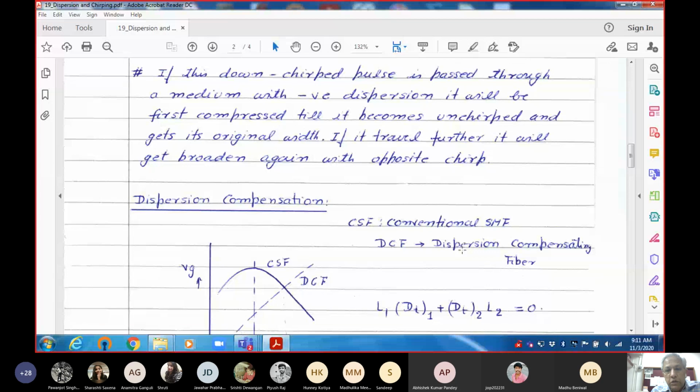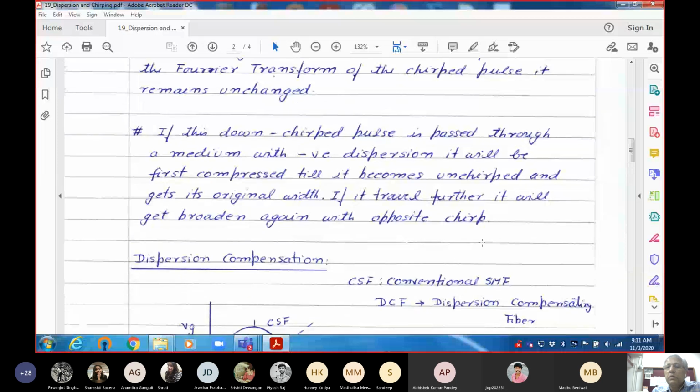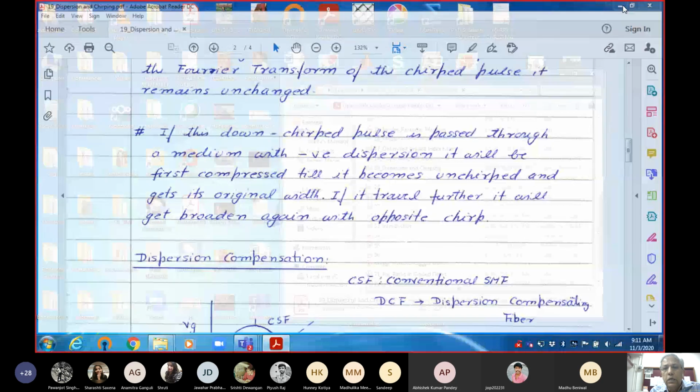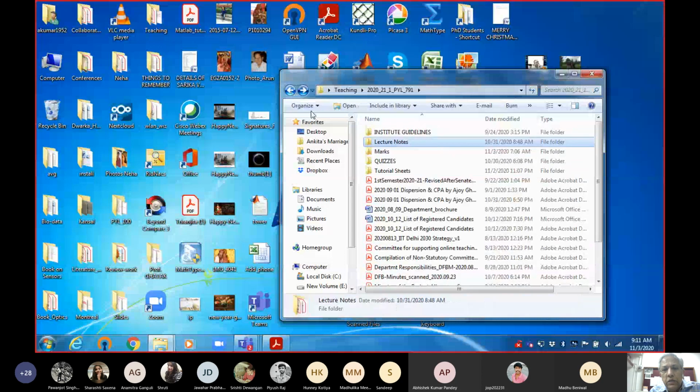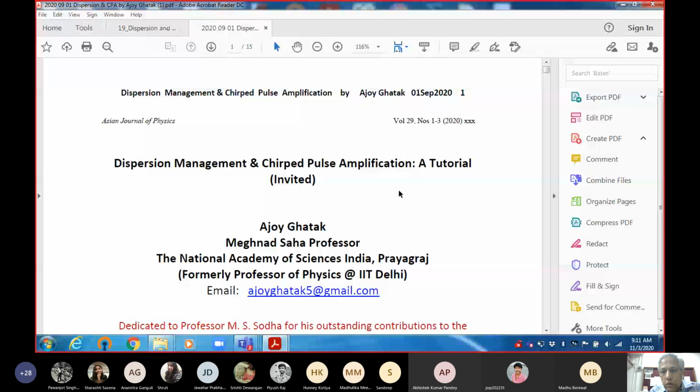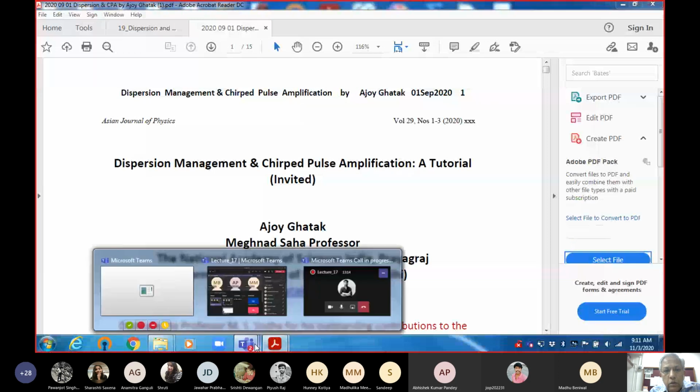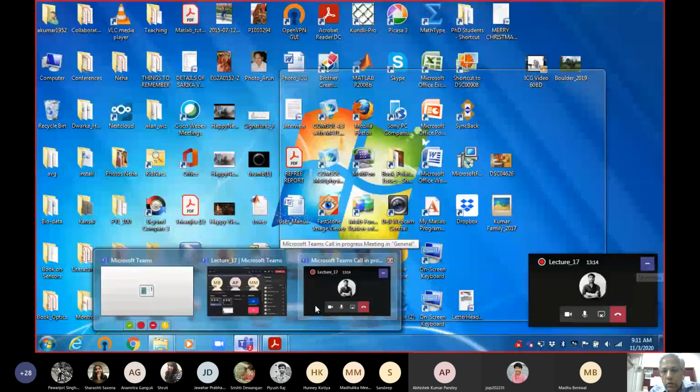One of the applications of this dispersion coefficient, negative and positive, is in dispersion compensation. I will come to this point slightly later, but let me share another article, and I will send you a copy of that article, which is written by Professor Ghatak recently, and it is basically the same as what I will be discussing in a moment. And let me see where. So this is CPA, and then